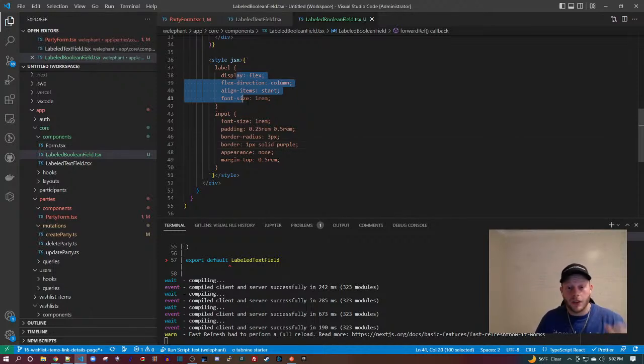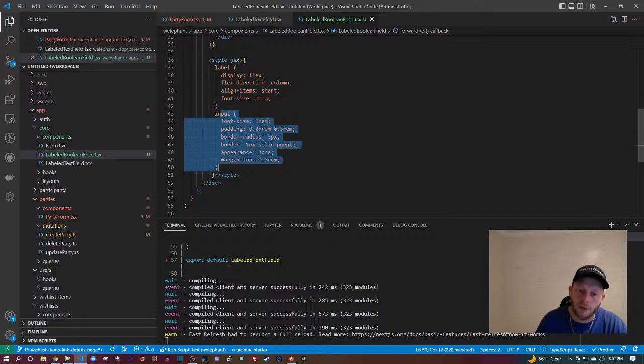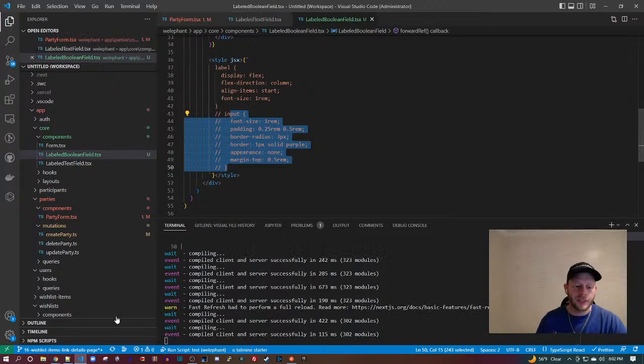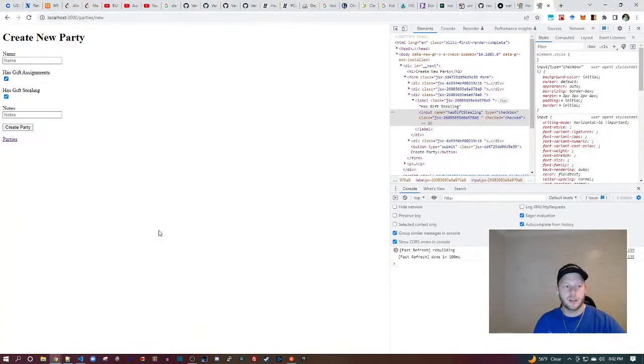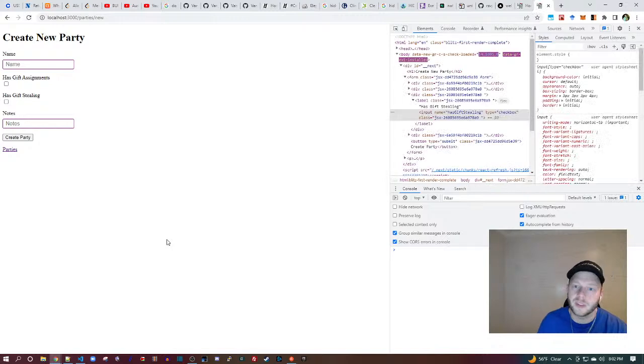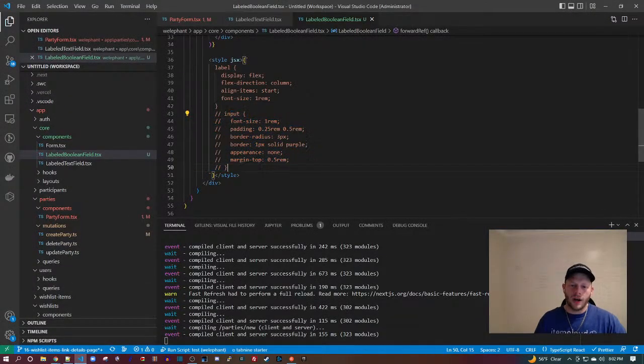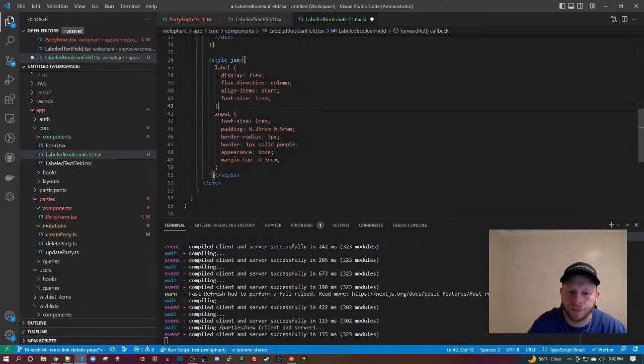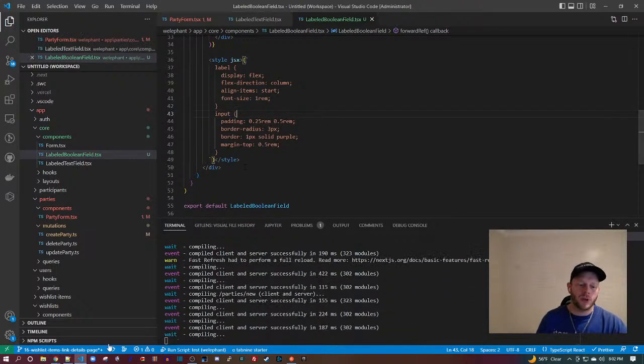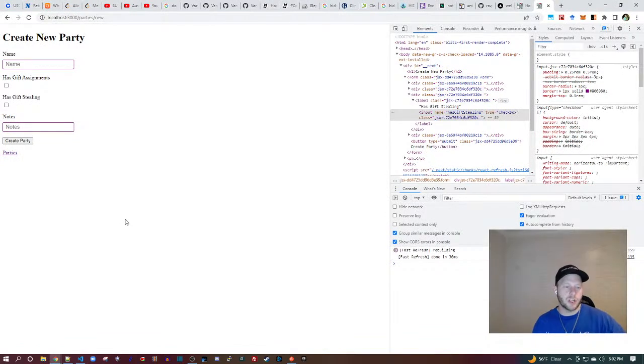So we got the label. This all looks good. I think this is what I want to focus on commenting. So let's try that. I'm going to refresh the page, F5. And yeah, now they kind of look chill like that. Cool, so I'm going to just literally delete the input styling. Maybe I can keep some of the stuff. I can keep the padding, margin, border. So let's try and see how this changes the game.